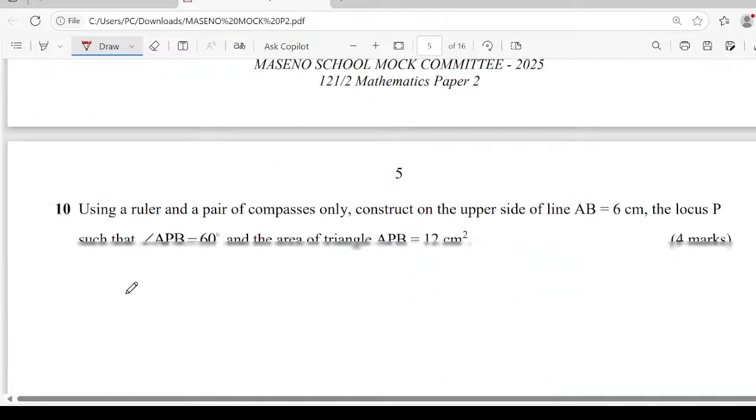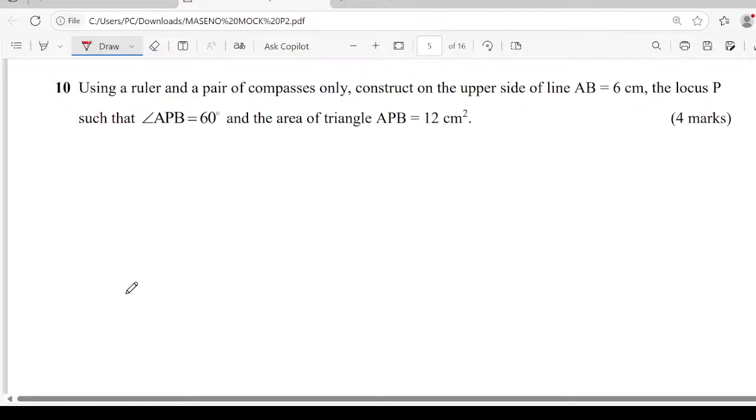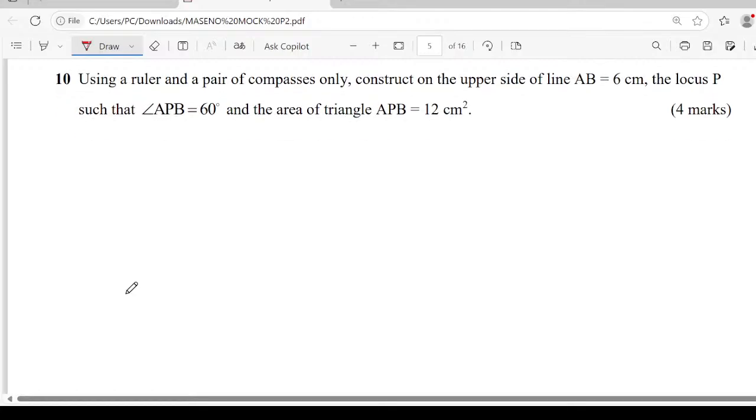Let's go to question number 10 of our discussion. Question number 10: using a ruler and a pair of compass only,